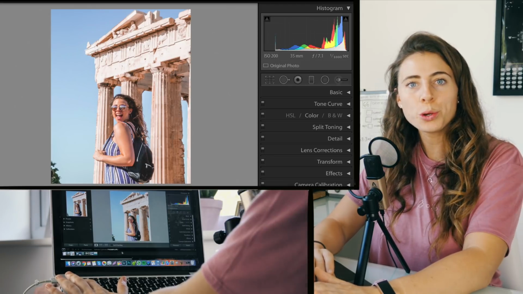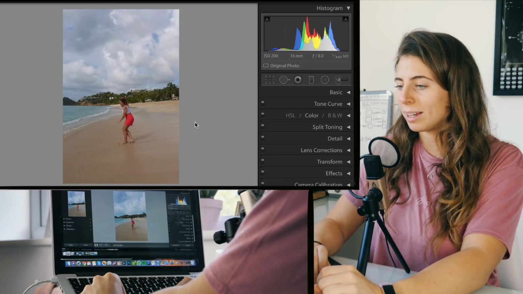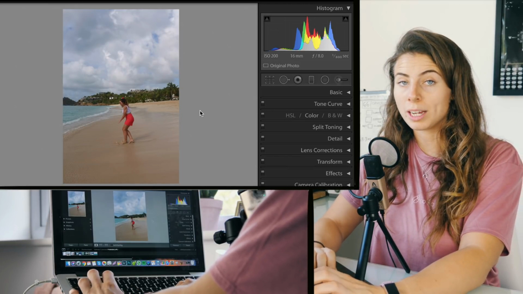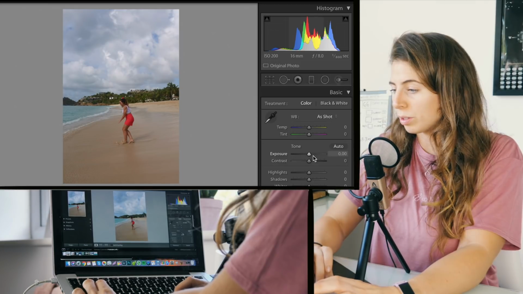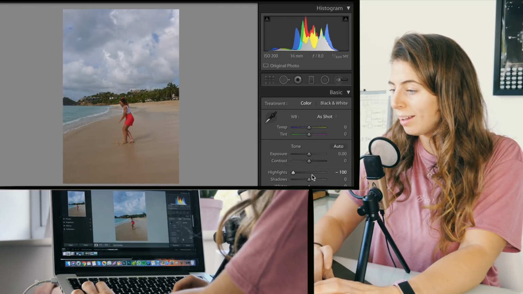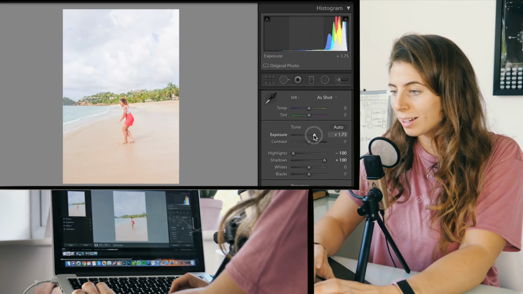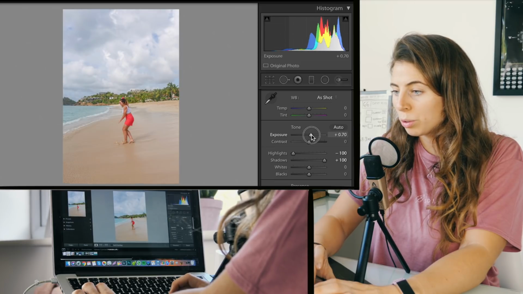Okay, shall we do one more? Let's do this one from Antigua last year. We've got some proper sand in there. This was also taken on my Lumix GH5. So we're going to go down with those highlights, we're going to bring those shadows up, we're going to bring this exposure up